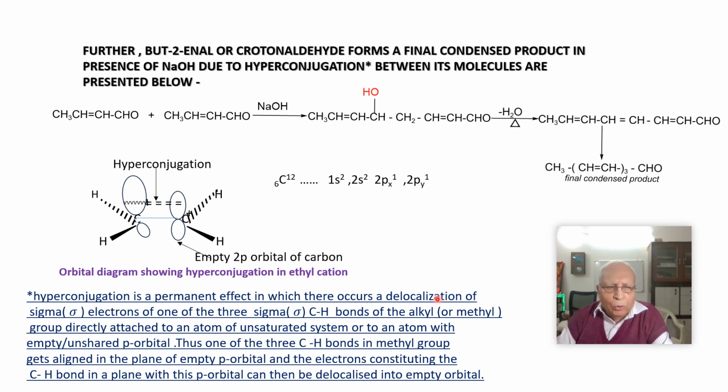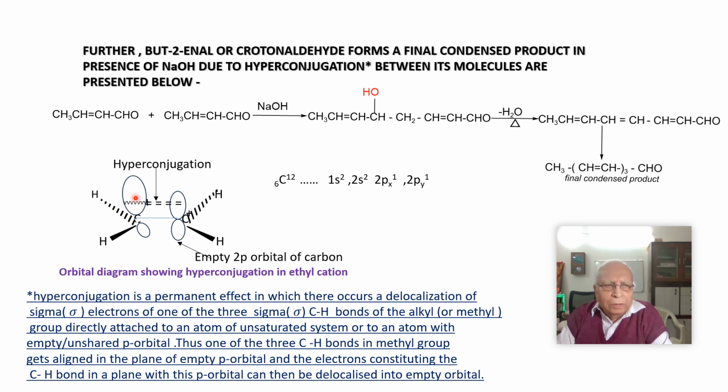There is a delocalization of sigma electrons of one of the three sigma CH bonds of the alkyl or methyl group directly attached to an atom of an unsaturated system. When there is a double bond, we call it an unsaturated system. Since the electron in one of the CH bonds of the alkyl group gets delocalized,